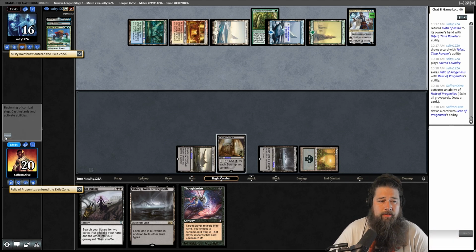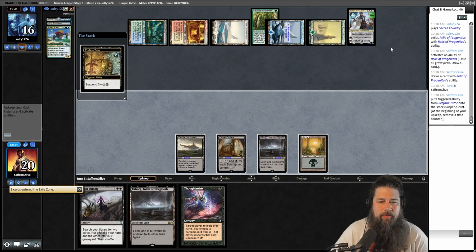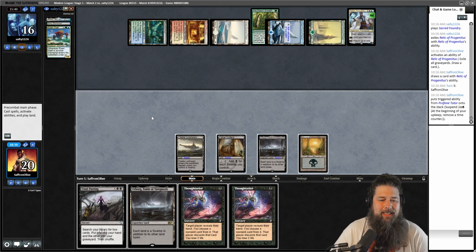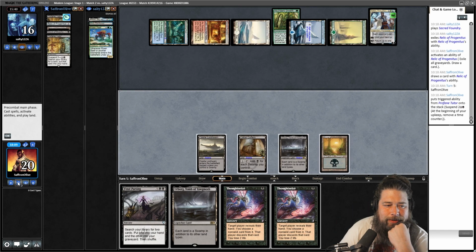Thoughtseize is not the worst. We do not mind Thoughtseize. Opponent passes. Profane Tutor ticking down. We don't have a way to get rid of Teferi, though. Another Thoughtseize. Oh, I don't like letting this Profane Tutor go to waste, but...